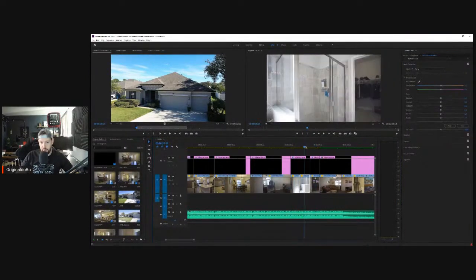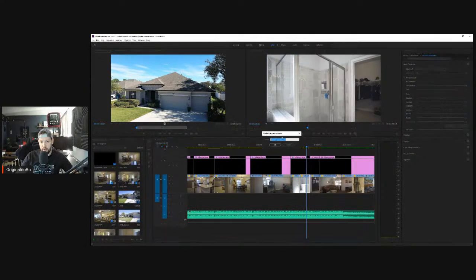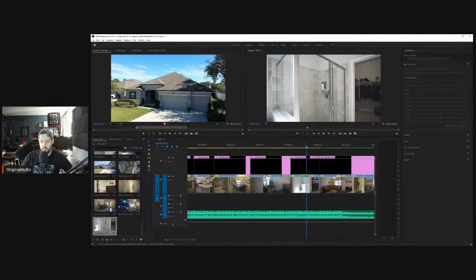Yep. All right. So this one here before, I have to nest this sequence because if you remember, it got